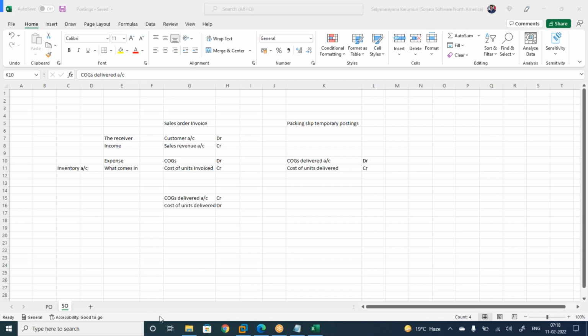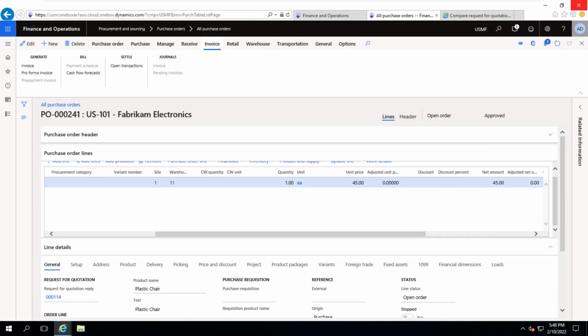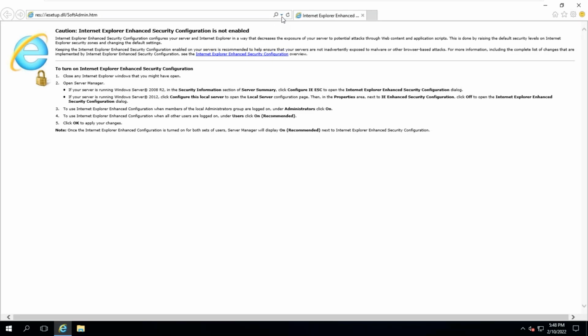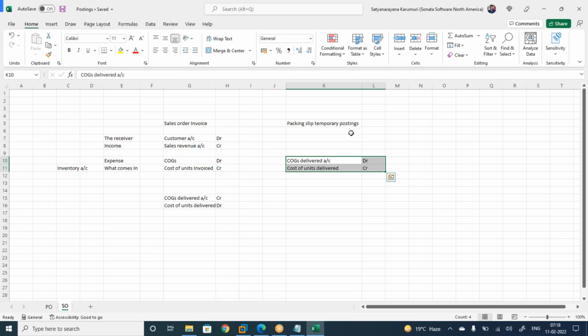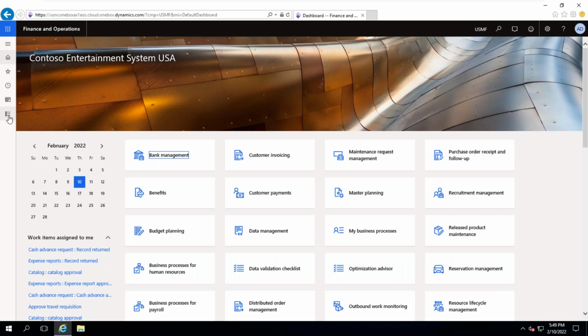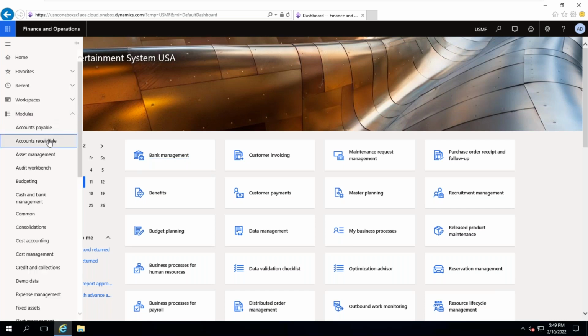I know that in the market, there are so many people who are becoming finance consultants without having any knowledge in this area. So I don't want my students to be like that. If my student becomes an employee, he should be strong in debits and credits. Whether you are from a science background, commerce background, or any background, it's not an issue if you understand clearly. Okay, first let me show you in the accounts receivable module